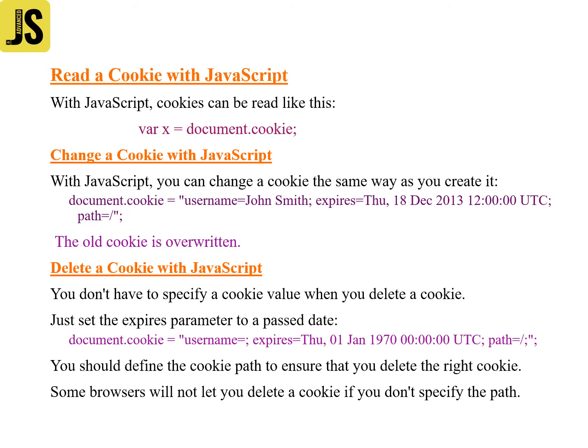So what happens here: in the previous slide we created a cookie with username John Doe. Here we are trying to override that particular username as John Smith. So the existing data in the corresponding cookie will be overridden with the new value. So at present the username has the value John Smith. That is, the old cookie is overwritten.